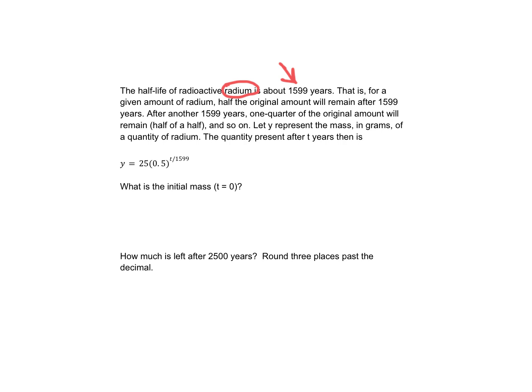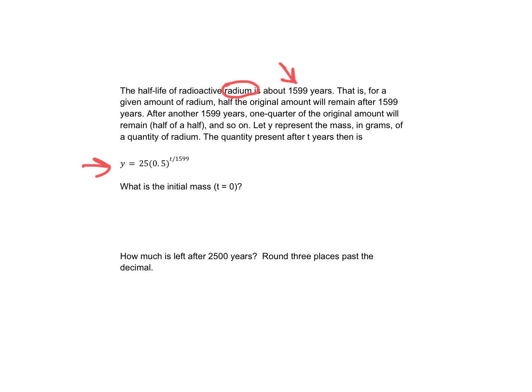So what it tells you here, it gives you a formula. Later on in the chapter, we'll be doing more with half-life and writing our own equations and things like that. But for right now, what it's telling you is that here's the formula for the half-life of radioactive radium, okay? So you've got 25 times 0.5 to the T over